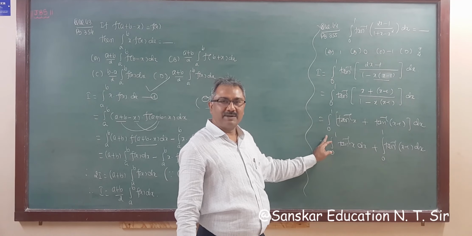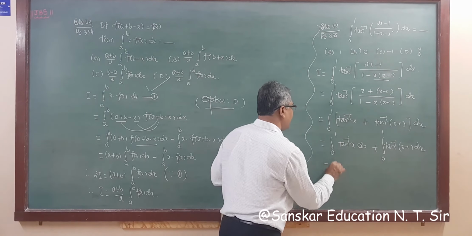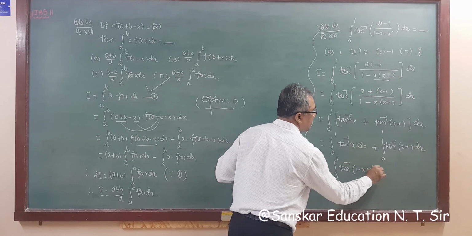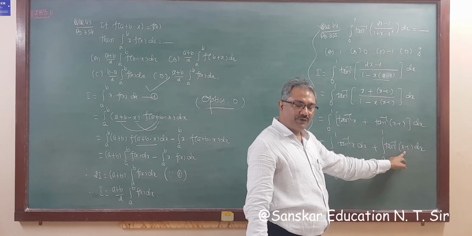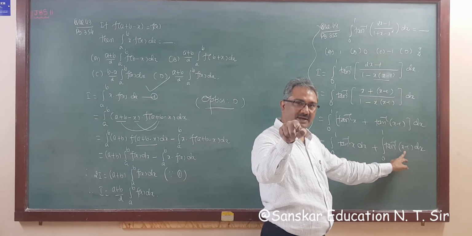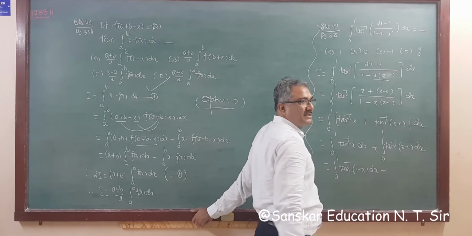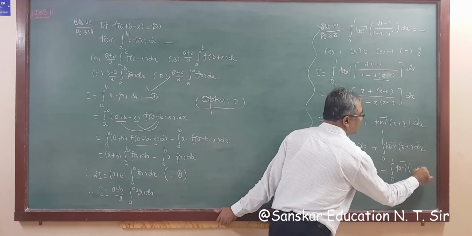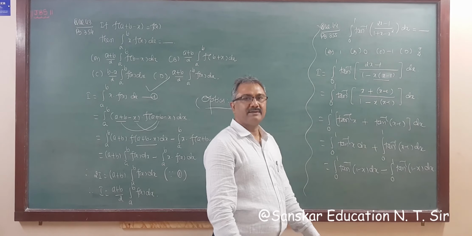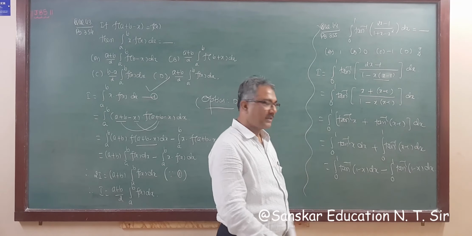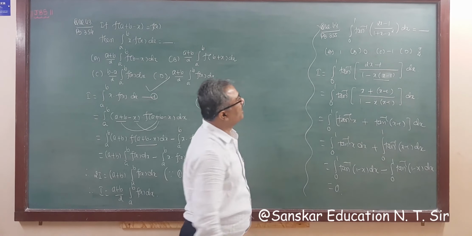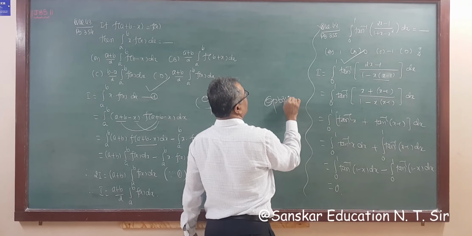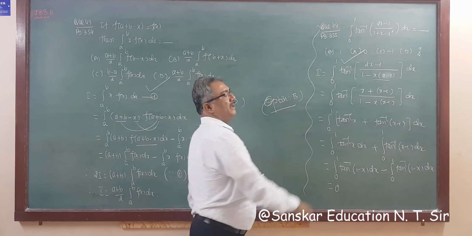Now again replacing x by 1 minus x, we get 0 to 1 tan inverse of 1 minus x dx. And this is tan inverse x minus 1. So if we take minus common, then tan inverse minus x is minus tan inverse x, so this becomes minus, right? So this is 0 to 1 tan inverse 1 minus x dx. So the answer will be 0. That is, option B is your correct answer. So option B is your correct answer, right?